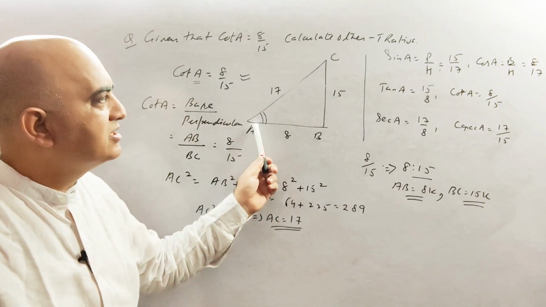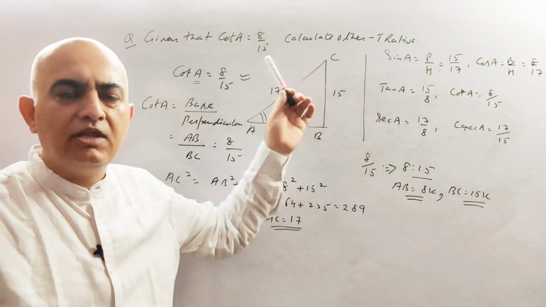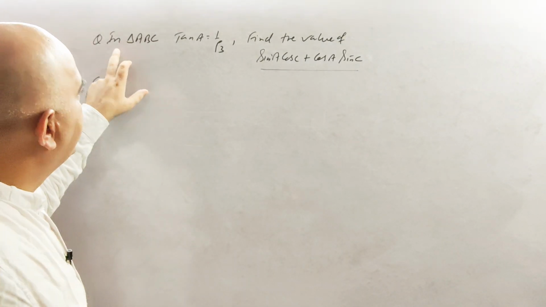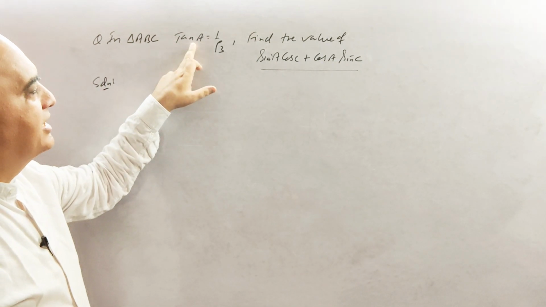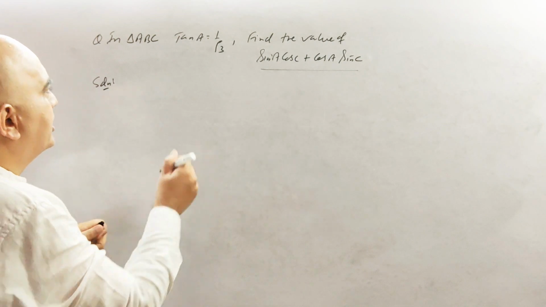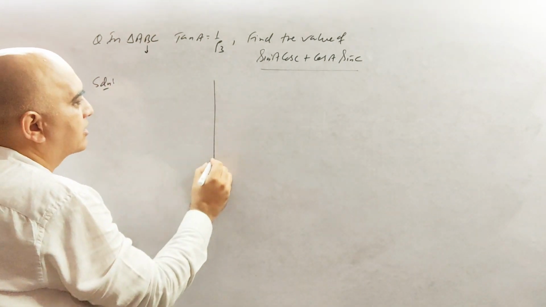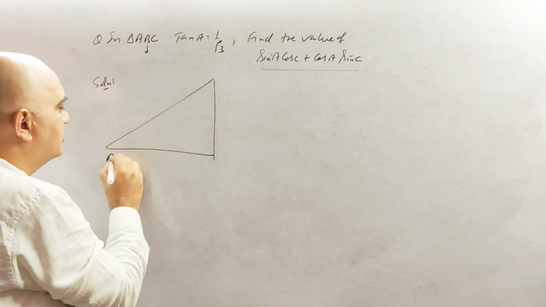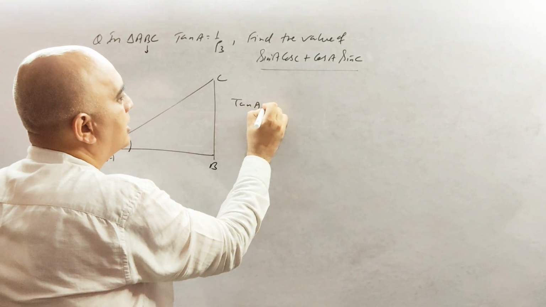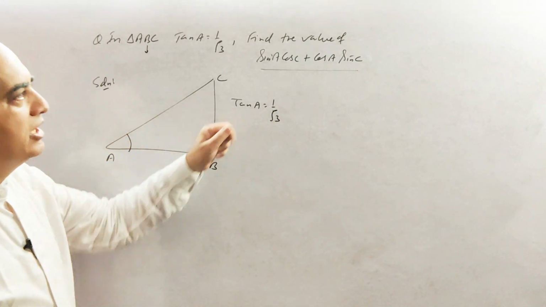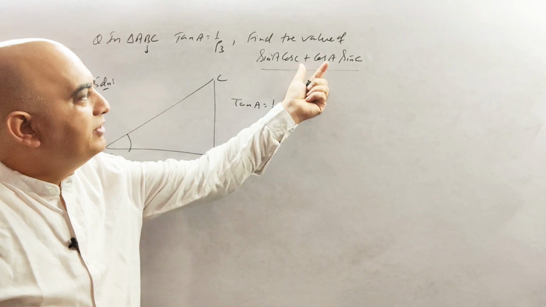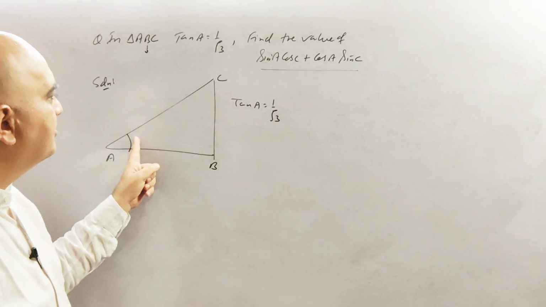We are taking one more example to understand the concept. If angle A measure or angle C measure both are given, then how can we solve that kind of problem, right? Now our second problem is: in triangle ABC, the tangent of A equals 1 upon root 3, and obviously angle B is 90 degrees. Here we are constructing the triangle ABC, and this tangent of A is 1 upon root 3. Then find the value of sine A cos C plus cos A sine C. So here we have two kinds of measures, angle A measure and angle